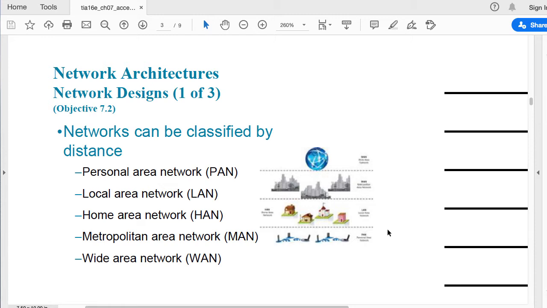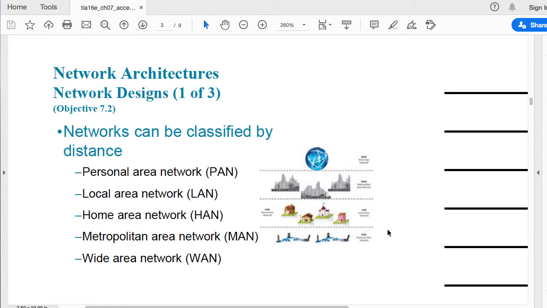But the communication, the network between your smartphone and your computer will be classified as a PAN, personal area network. It's different from a home area network, where you're going to have the communication between the TV and the fridge. So it's more about what is connected there.